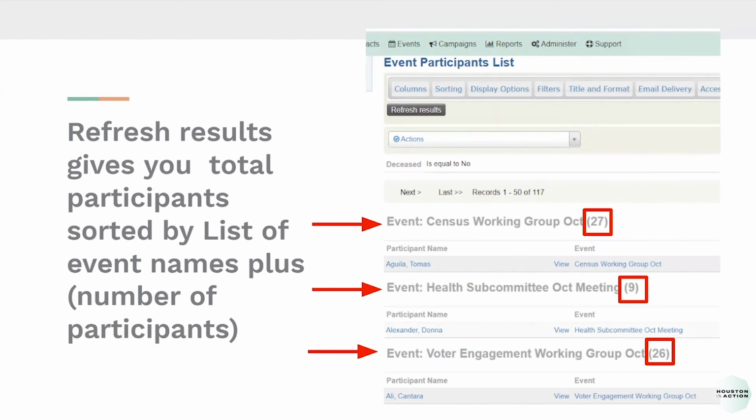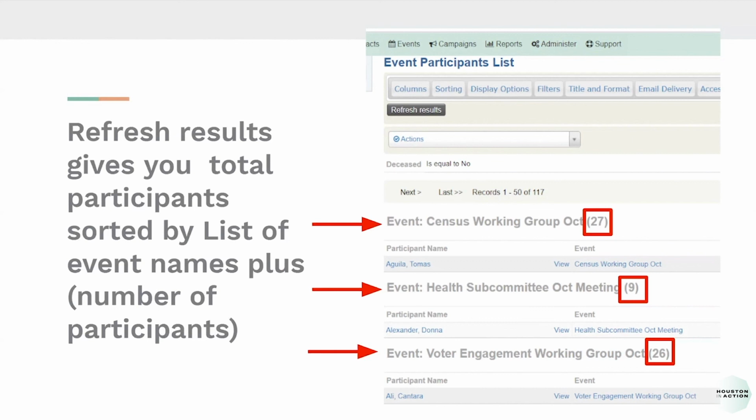And in these records, it actually breaks down via events. So if you go through the list, it'll tell you what was the name of the event and how many people showed up per event. So at the moment, you will have to count the number of events you have in your written report, and then oversee and make sure that you're counting the right and accurate number of people you've been engaging so far.